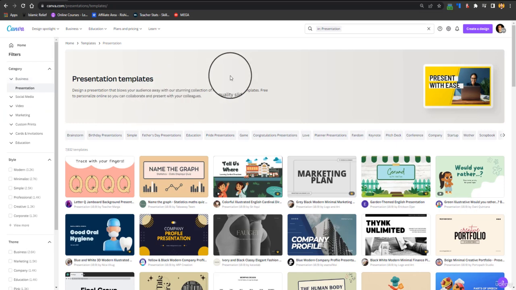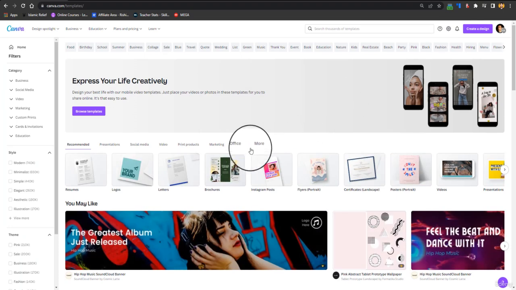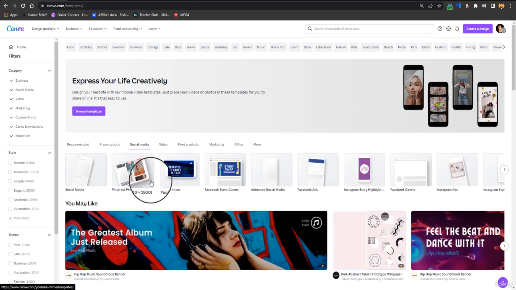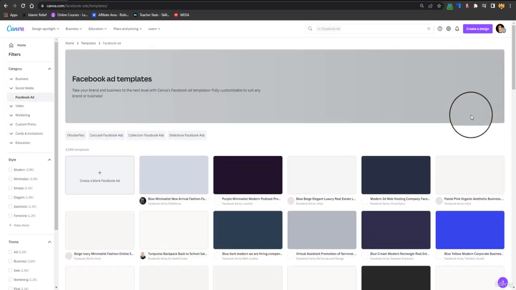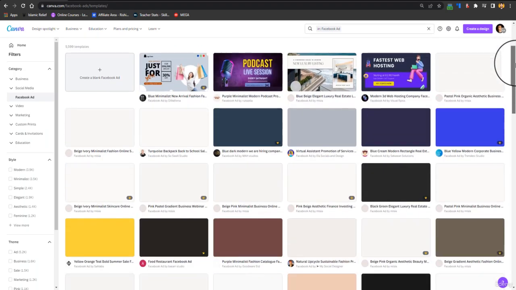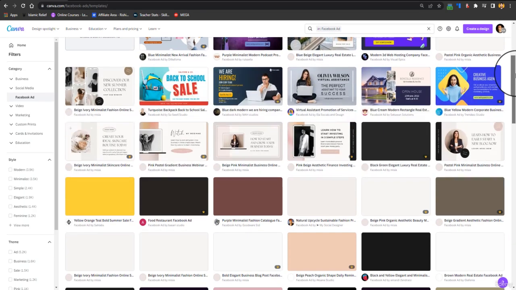Now let's go back to templates and select our template for social media, and let's create a Facebook ad. In Facebook ads, you can see a lot of templates, but most of the templates that I like are premium templates.